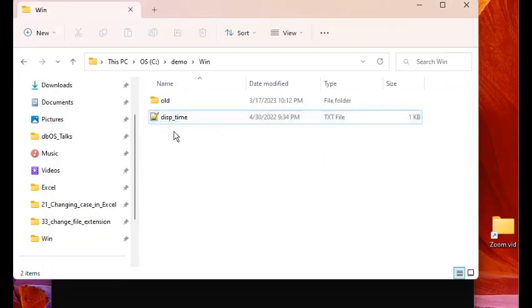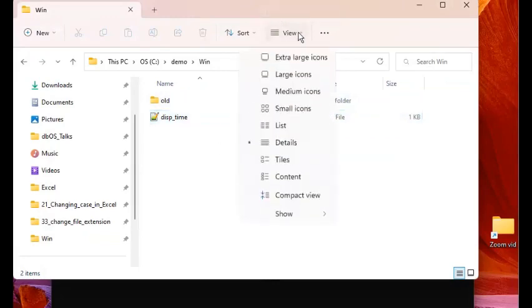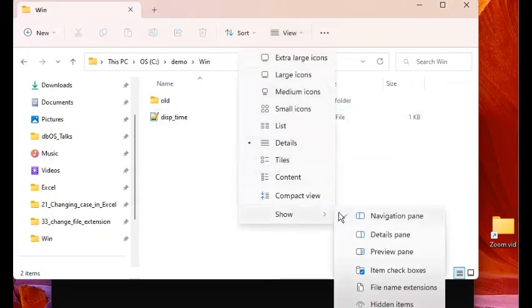So what you can do is on the View menu. Right now my OS has been upgraded to Windows 11, but don't worry about it. There's a small difference between Windows 11 and Windows 10 in terms of doing this trick. The first thing I'm going to do is display the file extension right on the file name itself. I'll click on View here on the menu, then go to Show, and then click on